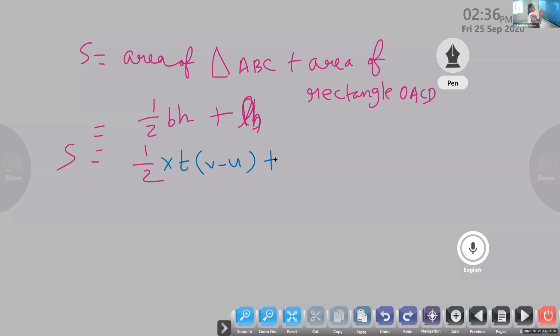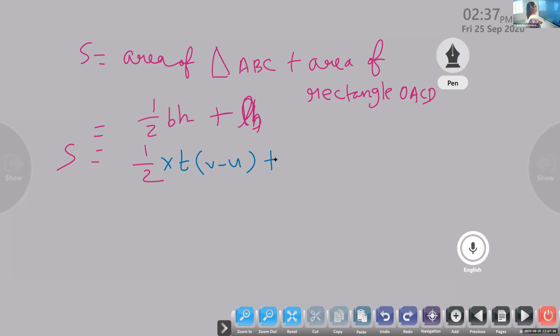Why don't we take the full height? According to our need, we have to get the equation S is equal to UT plus half AT square. To get that equation, we need to take this like that. You can get a trapezium, but you may not get this answer. So that's what we are dividing into 2. Half into T into V minus U, and then length into breadth.